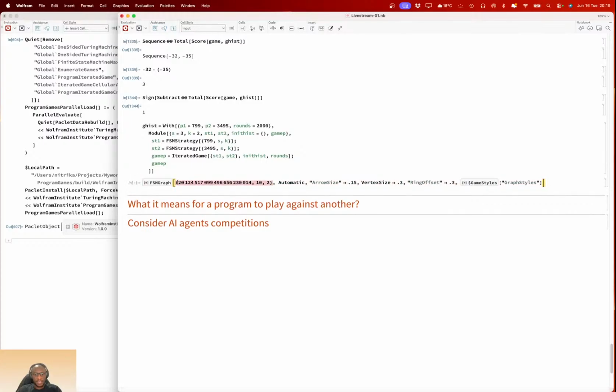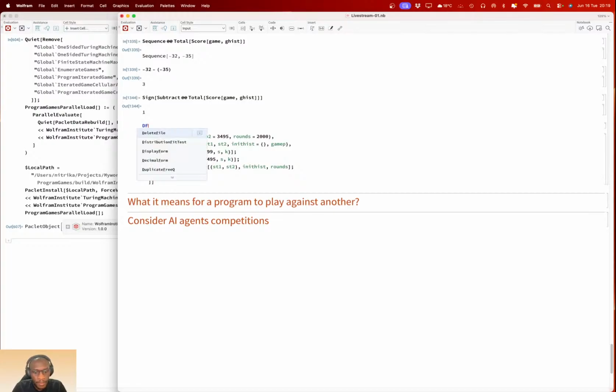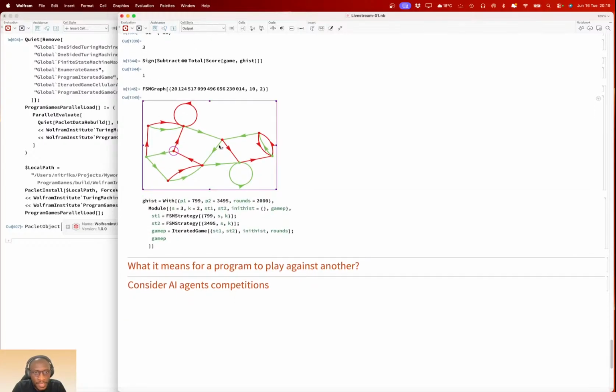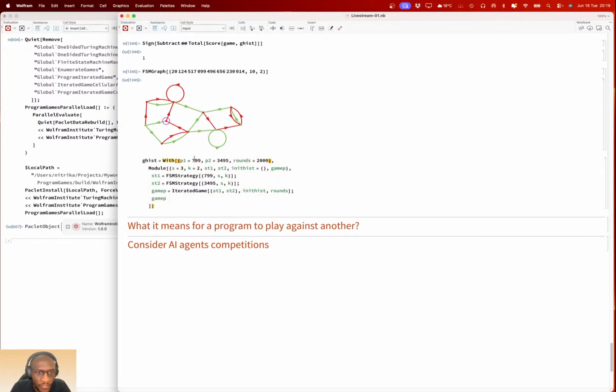I will just get this, and that's the machine. So this guy wins against all two twos, and we want to find out if they can win against this winner here. So let's say this is player one, and this is player two, a 10-state machine.